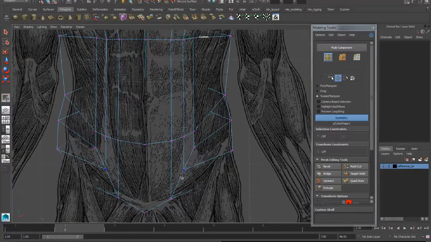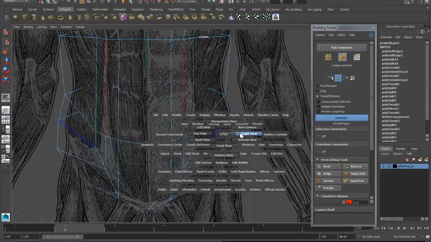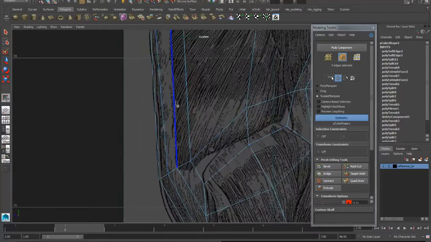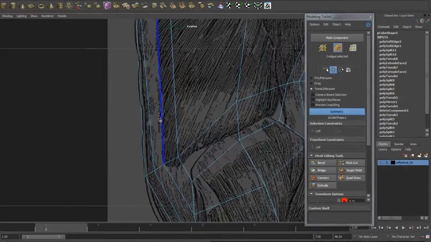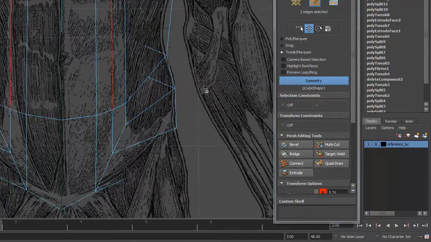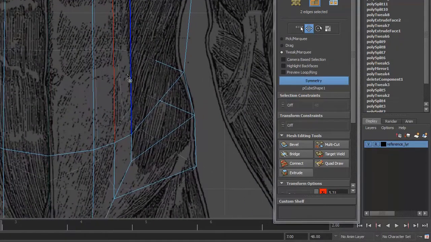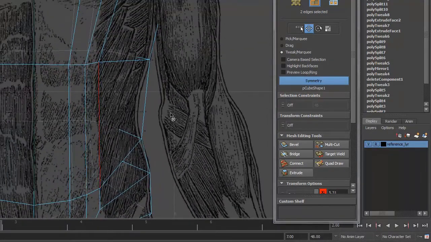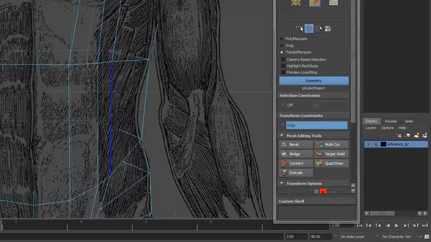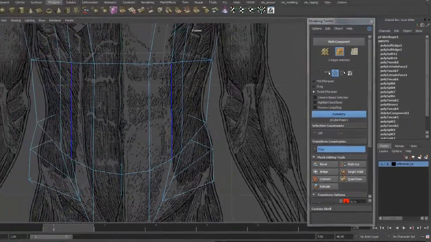Okay, I think it was this second edge right here. That one. That's on the oblique. Yeah, see how I have it between the oblique and the front ab? That's the one. But in the front view, it's kind of on the side. It's not quite there. So let's take this edge. Let's turn edge slide on. And then, yeah, we'll tweak the edge. Just tuck that back. Nice. Tuck this back. Nice. If we switch back to the right-hand view,